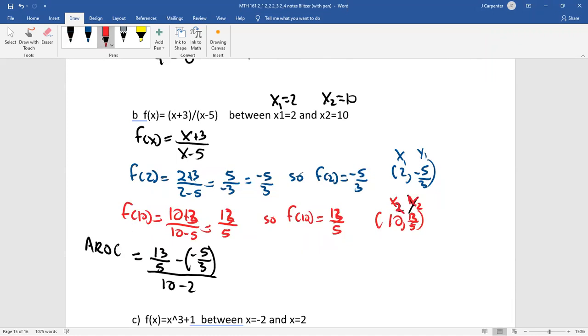That was x2, y2. Kind of looked like I wrote an x the first time. Okay, well, you can combine the tops by getting an LCD, so I'm just going to focus on this section. I'm not going to focus on the 10 minus 2 bit for a little. I'm just going to focus on the top. So the LCD in the top,